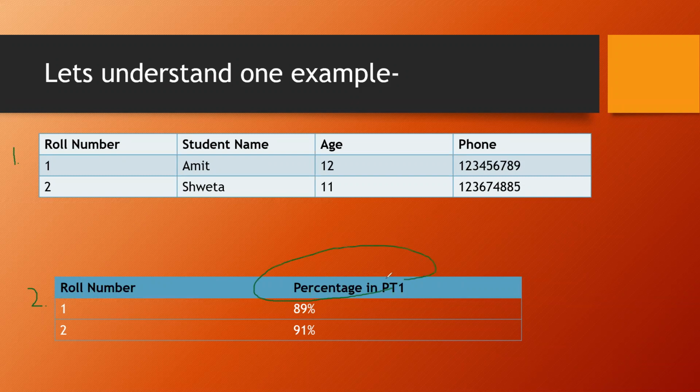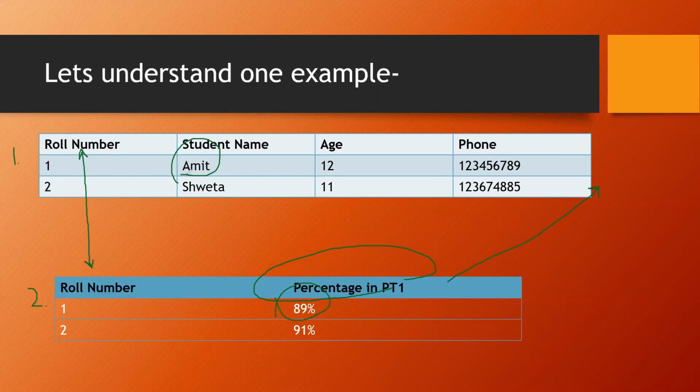So rather than making one new field here, what I have done is create another table, and the common field here is the roll number. Because maybe the first name or the last name can be common, but no two students will have a common roll number. So roll number 1, that means by default this person Amit has how many percent, beta? 89.